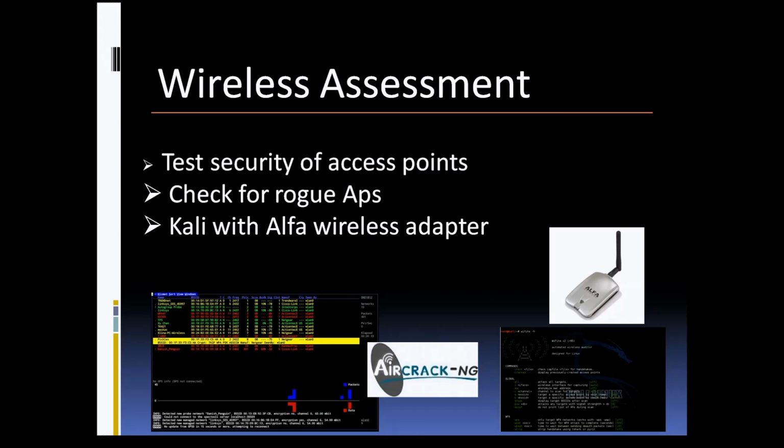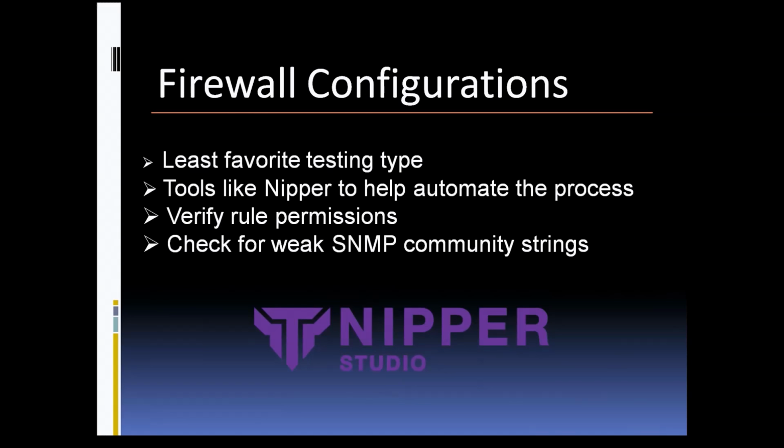So the next type of test that we will look at, and I don't know if it's so much of a test, is a firewall configuration review. This is probably my least favorite type out of all of these, just because, at least to me, it's not very exciting. Basically what happens is the client will give you a copy of their configuration file for their firewall. And then you're supposed to go through it,